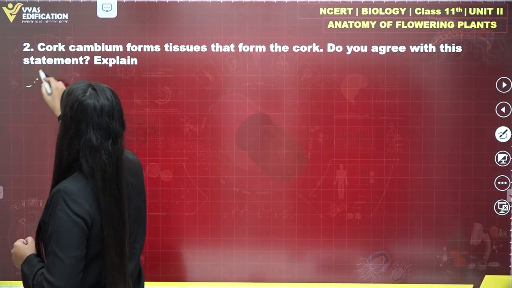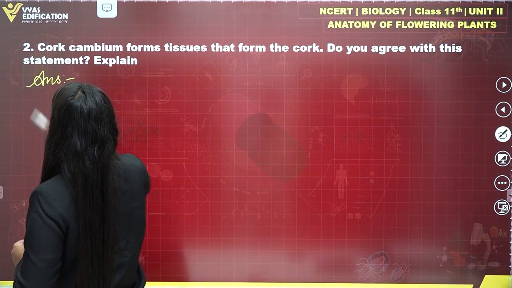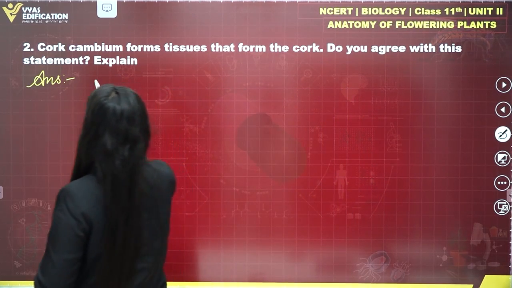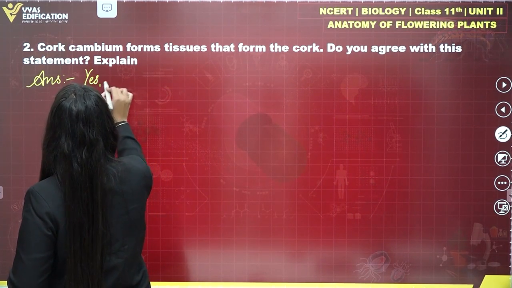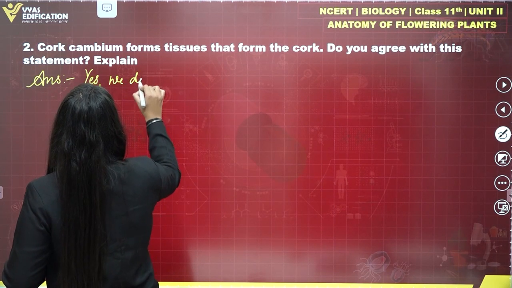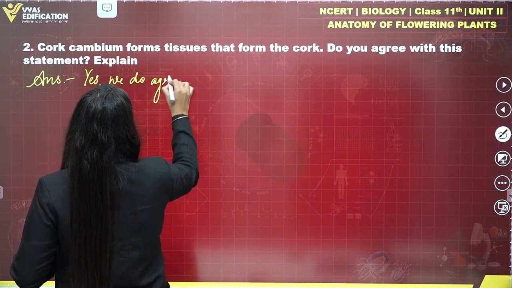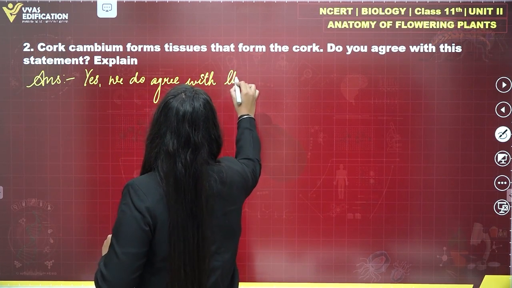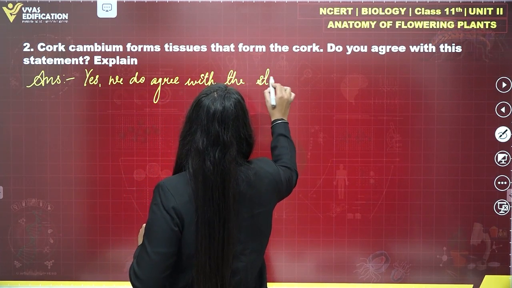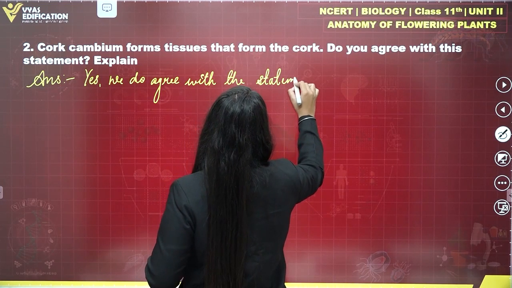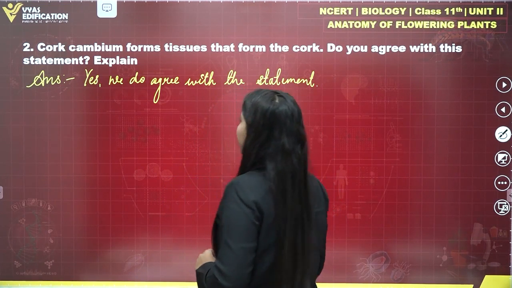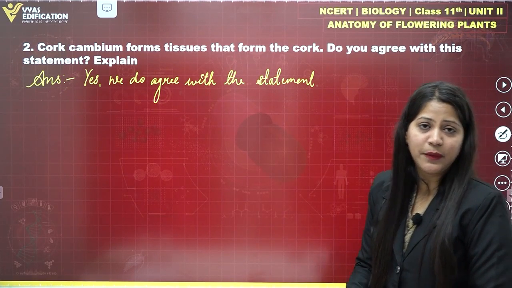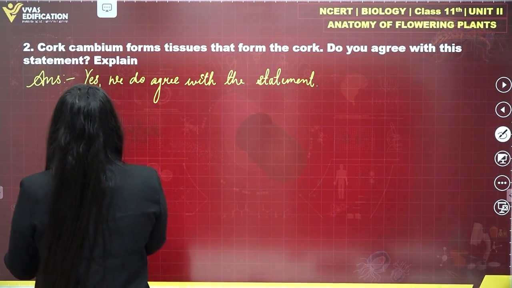So here, let's start writing the answer. Yes, we totally do agree. First of all, we write yes, we do agree with the statement. Then we have to explain why we agree with the given statement. So the answer will go like this: